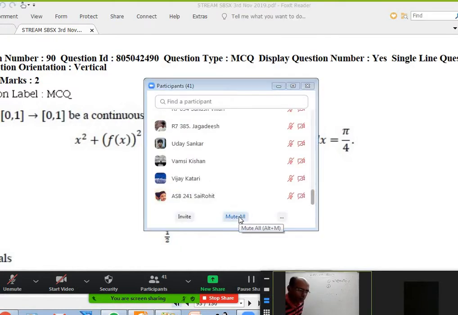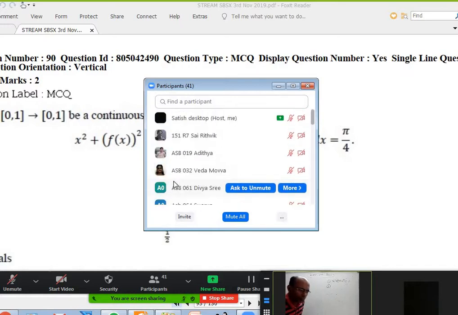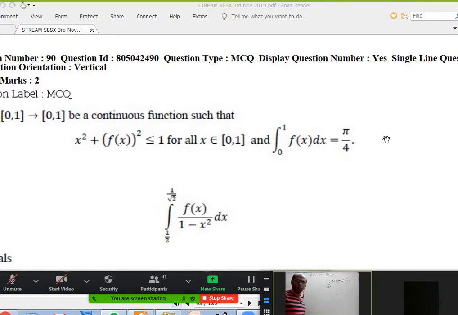Mute yourself. Okay. Second thing is f is a function from closed 0, 1 to again closed 0, 1. And third thing they gave is integral 0 to 1 f of x dx is equal to pi by 4. Okay, what I want to say now is